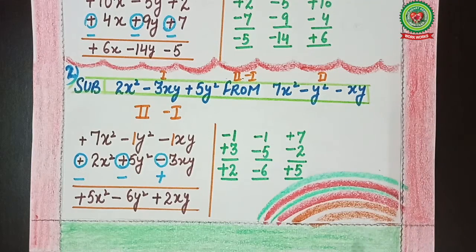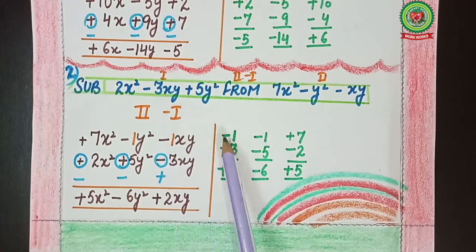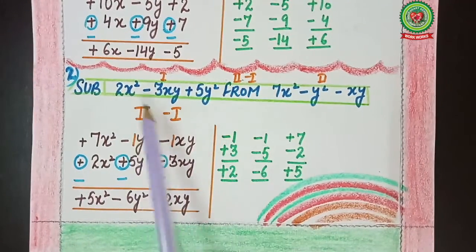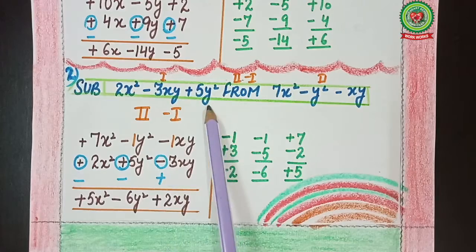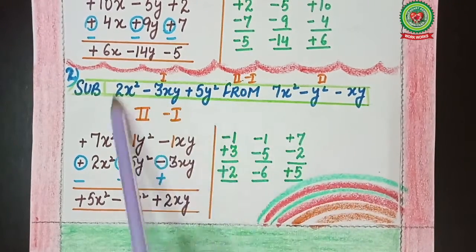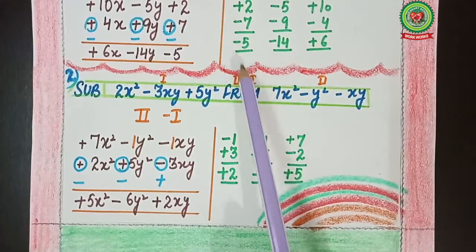Right? Now here you can see that I have changed the variable. Like before it was in x, y and constant. Now here I have taken x square, x, y and y square. So it doesn't matter. We can solve these two expressions with the same method that we had followed in the